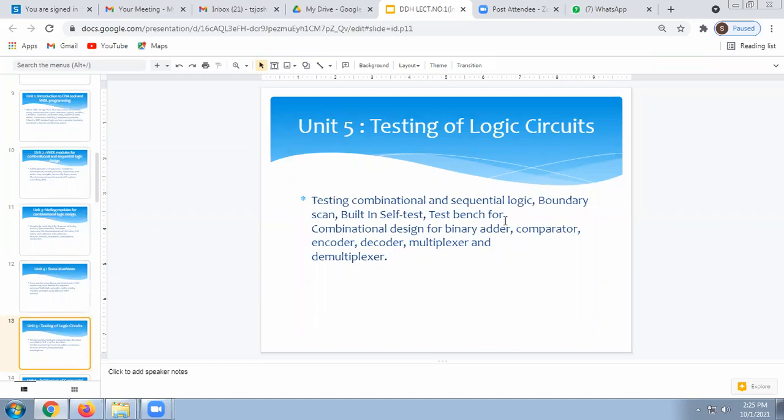Here, test bench for combinational design for binary adder, comparator, encoder, decoder, multiplexer, and demultiplexer. In this unit, we are just studying the test benches. Test bench helps in generating input signals for simulation. So this is our fifth unit.